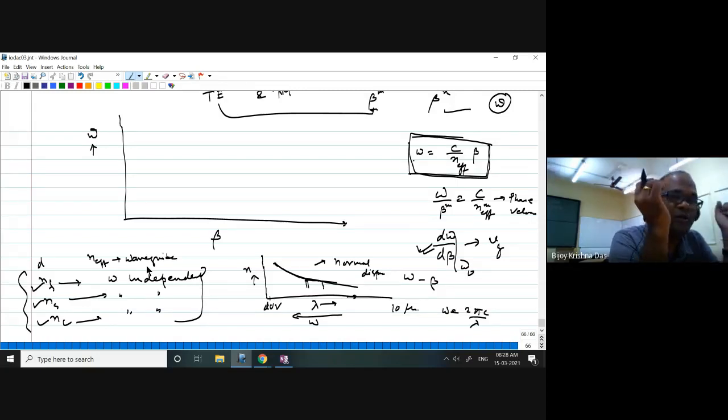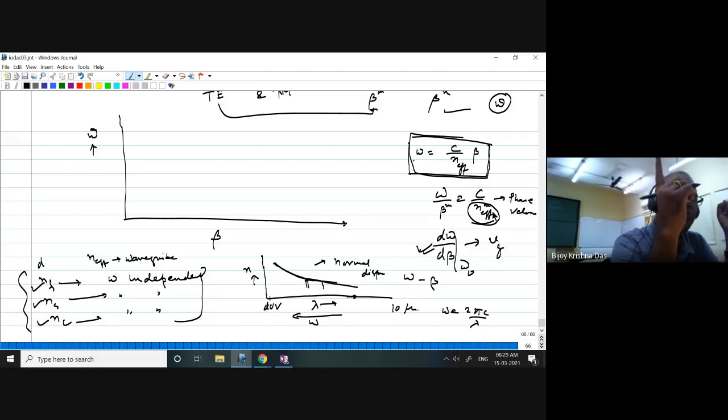Chromatic dispersion will be there. Wavelength dependent dispersion is there. And another dispersion is modal dispersion. If the frequency is the same but they are traveling in different modes, their phase velocities are different, because each mode will have a different effective index. So that is called modal dispersion. Different modes will travel with different velocity. And within the mode, if you are changing frequency, the phase velocity also will be changing.